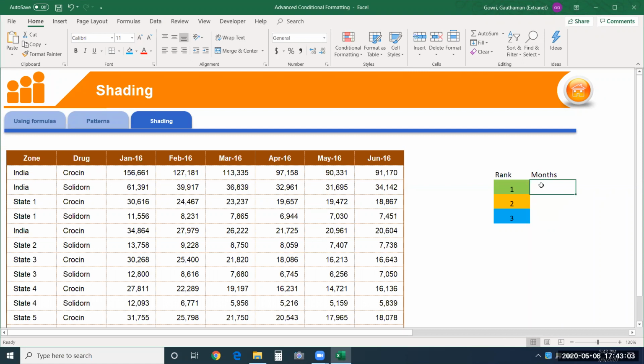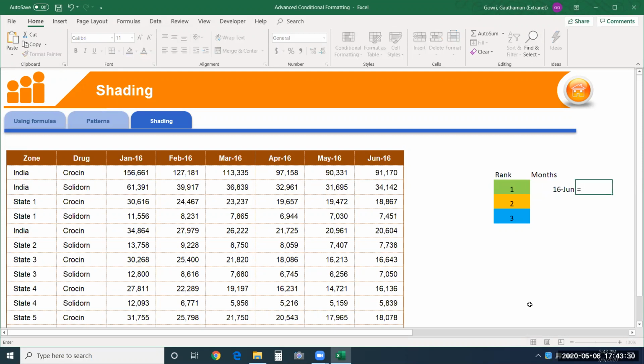So let's say I'll rank June 16. You have to give the values exactly the way it is present over there. You could also copy paste in that case. Whichever is favorable to you, you can use it. So don't worry about the format getting changed. Nothing to worry. If the values are equal, it is anyway going to highlight.